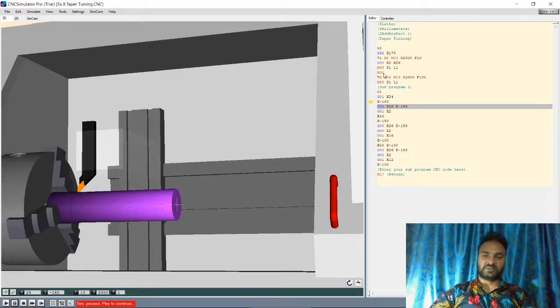So spindle stop, the machine reset, then I will change to tool number 2, then spindle start, speed, feed, then again I will call another same subprogram this way. Then I will focus only on this subprogram O1.